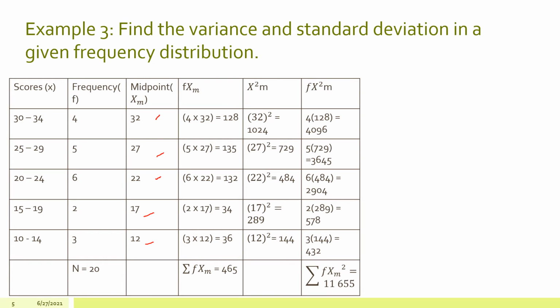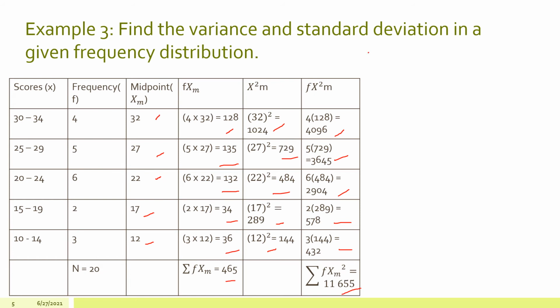Then multiply the frequency times the midpoint. If you want to check, use your calculator. Then square the midpoint: 32 times 32, okay. We square the midpoint: 12 times 12 is 144. Then multiply the frequency and the square of the midpoint. That's how all the answers come out. So the total is